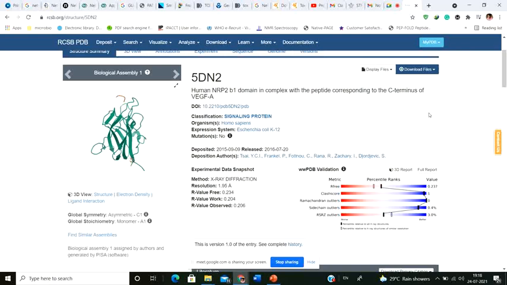I said that generally all amino acids tend to lie at the allowed regions, the red regions, whereas very few amino acids, generally proline and glycine, are present at the disallowed regions. But it's not that they are always present, but they might be present.